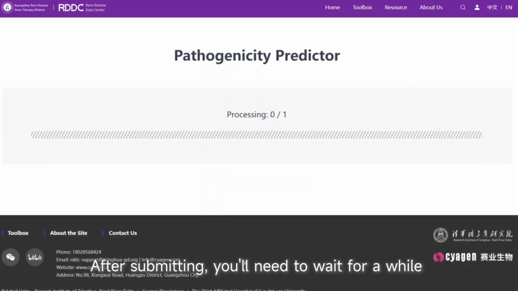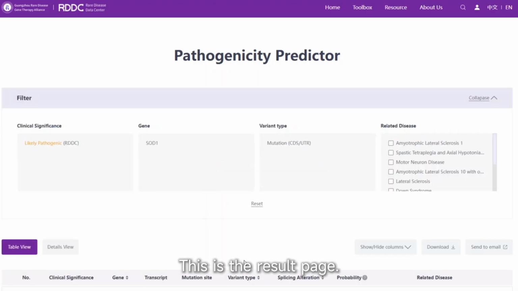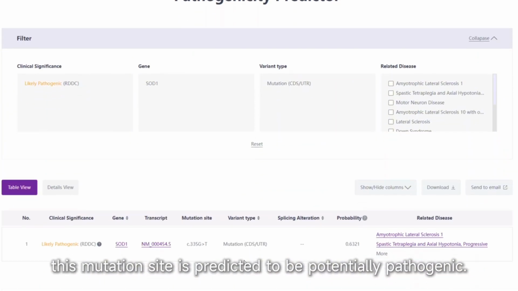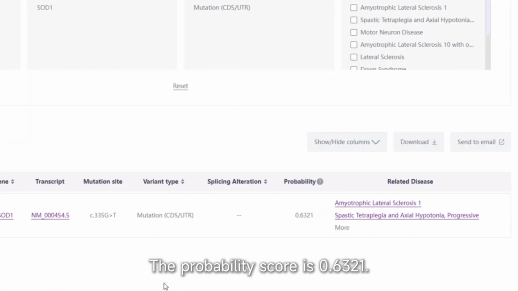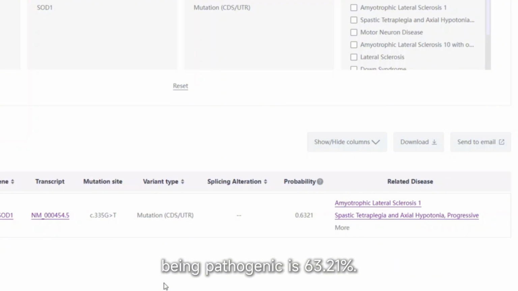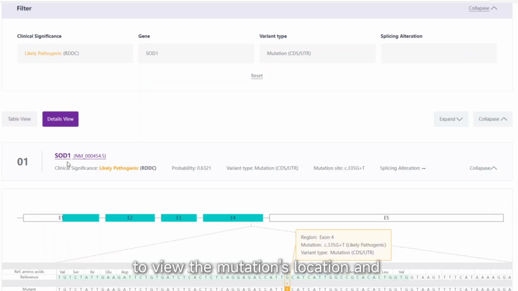After submitting, you'll need to wait for a while for the AI model to perform the prediction. This is the result page. Based on the analysis by our database and the AI model, this mutation site is predicted to be potentially pathogenic. The probability score is 0.6321. This means that the probability of this mutation site being pathogenic is 63.21%. You can also click the Details View button to view the mutation's location and related information in a more